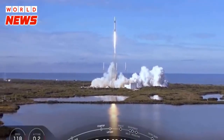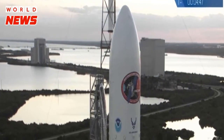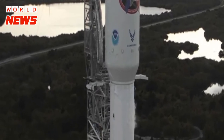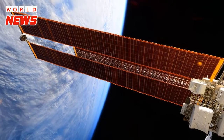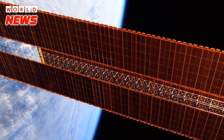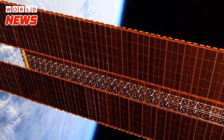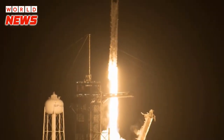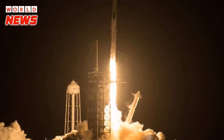The rapid launch cadence has also allowed SpaceX to streamline its procedures, both pre- and post-launch. For instance, this mission marks the first time that SpaceX hasn't fired up its brand new rocket on the launch pad before it blasts off into space. Static fire tests have become a routine part of SpaceX's procedures leading up to launch. During this test, the Falcon 9's first stage is held down on the launch pad while its 9 Merlin 1D engines are briefly ignited. Engineers collect valuable data that tell them if the launcher and its systems are performing as